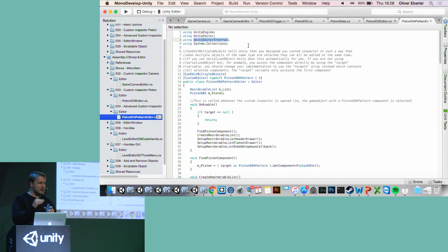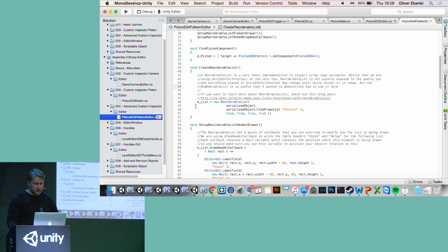Because usually Unity puts stuff in there that is not quite production ready or public ready yet, but what they use internally for their own inspectors, stuff like that. So what you have to keep in mind when you use stuff like what's in there is that it can change with each version. So the API is not fixed and stuff like that. But usually there's some very cool toys in there. And the reorderable list is one of them.